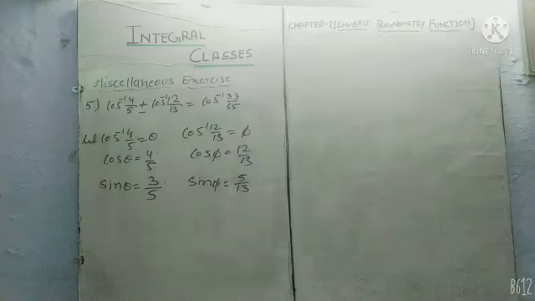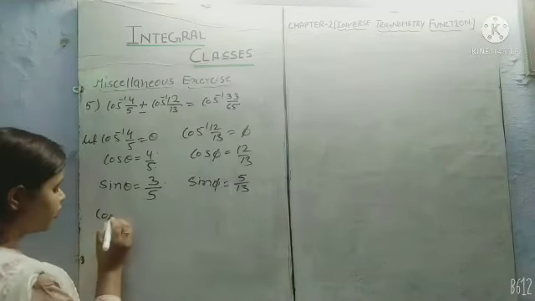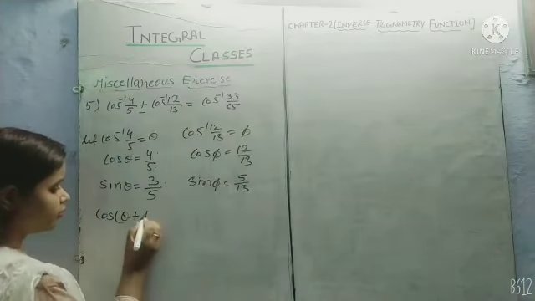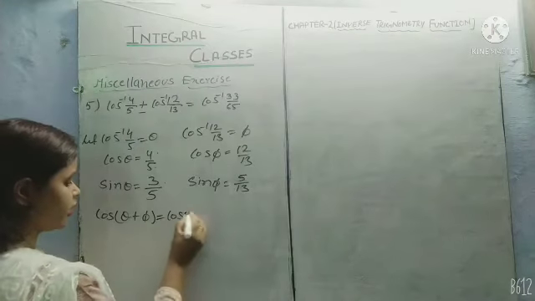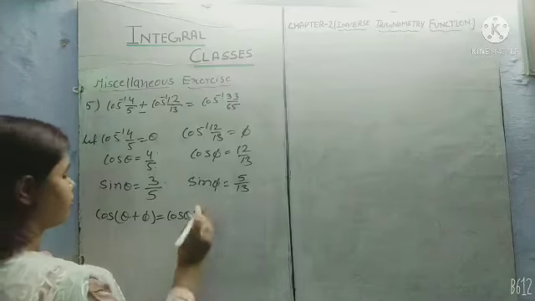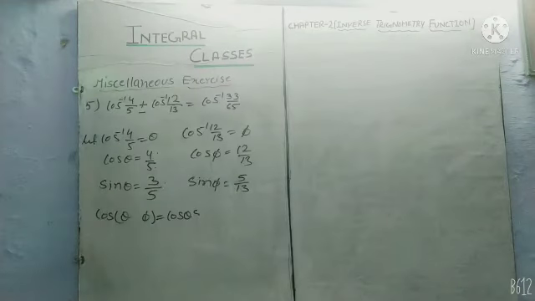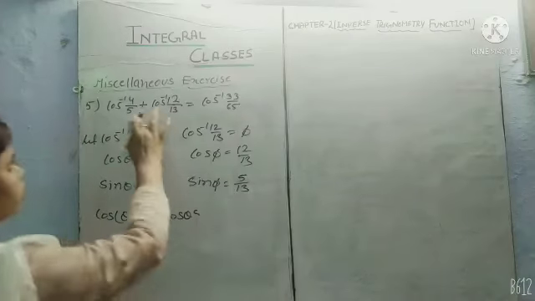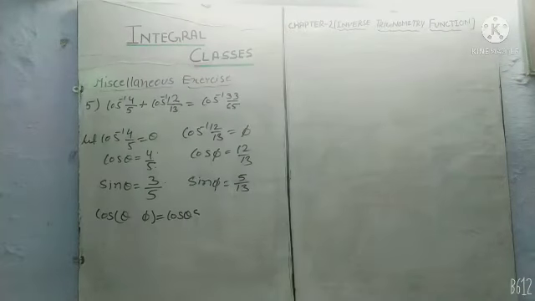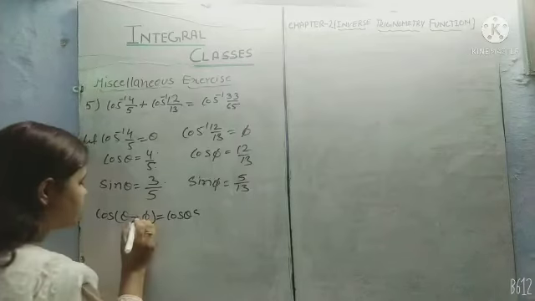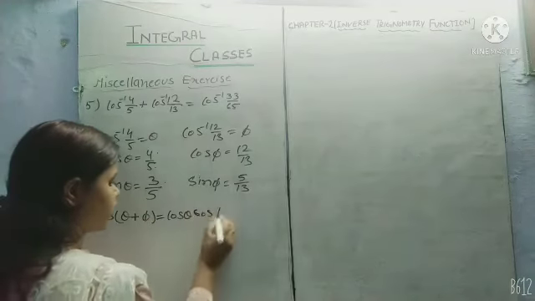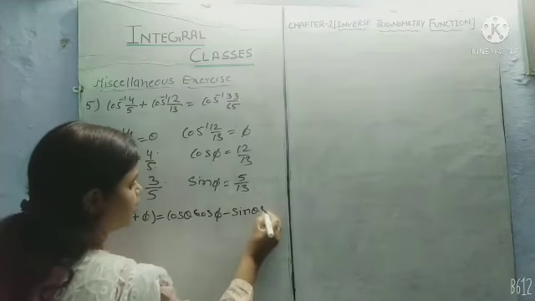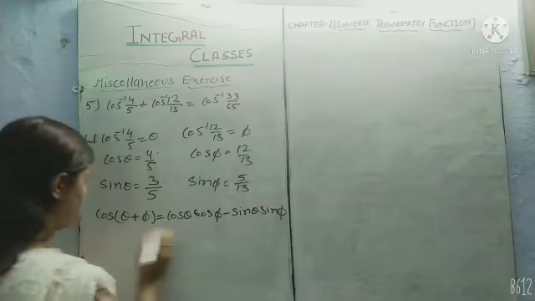Now student, as we observe here is plus sign and all terms in a cos. So we will apply here the formula which we have studied in our 11th class. Cos theta plus phi equal to what? Cos theta, here we will apply here, sorry, minus. Okay, so we will get here minus also. Here we will apply cos theta plus phi, cos theta cos phi minus sin theta sin phi. Now put all the value.